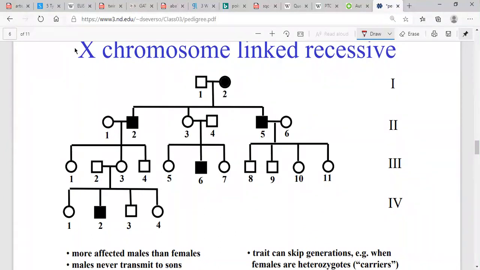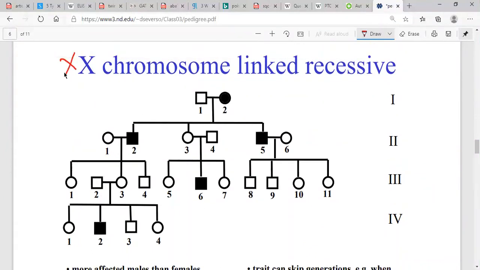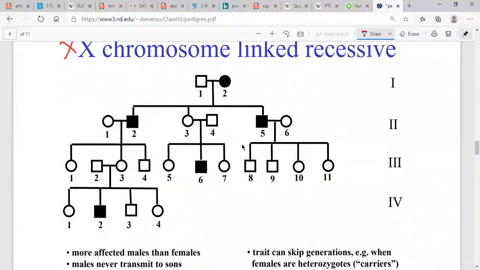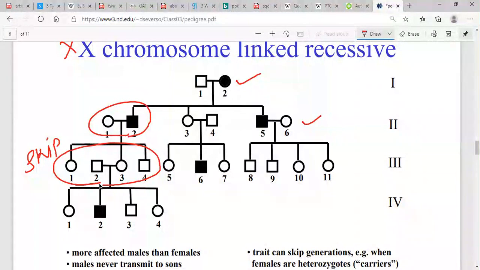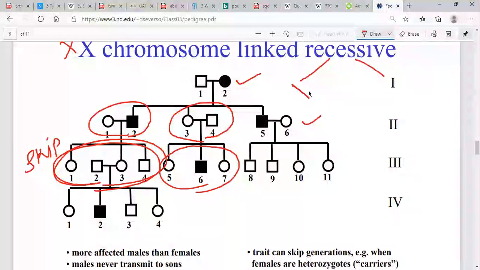Suppose the option is not given, and you have to identify a pedigree. The first step will be the same for all analysis. First we study if there is any skipping of generation. Yes, you can see here there is a skipping of generation. Affected parents have unaffected offspring, and you can see here affected offspring without any affected parent. So there is a skipping of generation. It must be recessive. Now we know there are two different types of recessive: X-linked recessive and autosomal recessive. Y-linked recessive is impossible.